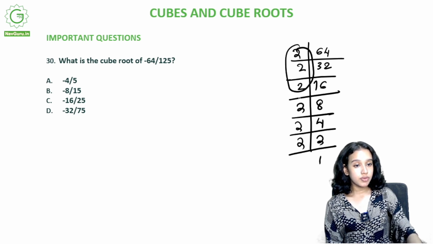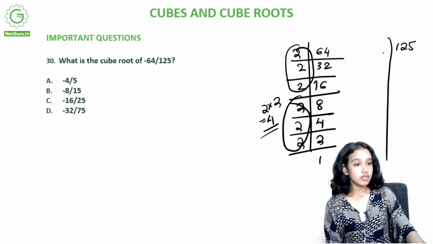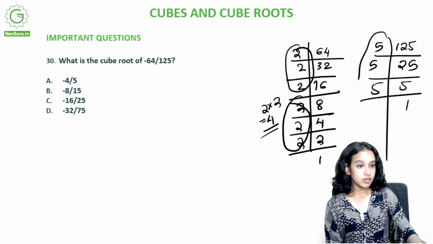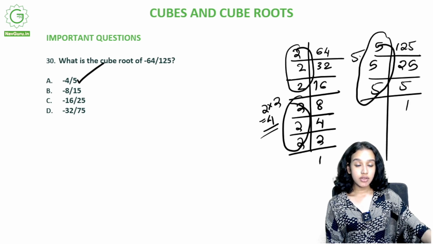So 2 multiplied by 2, we get 4. Now, 125, we divide by 5: 2 5s are 10, 25, 5, so 5 again, 5, 5 and 1. It's 5, so we get minus 4 by 5. So, these are a few questions from